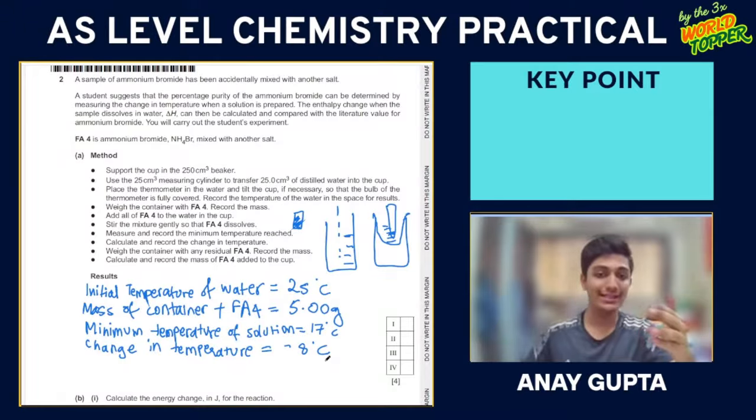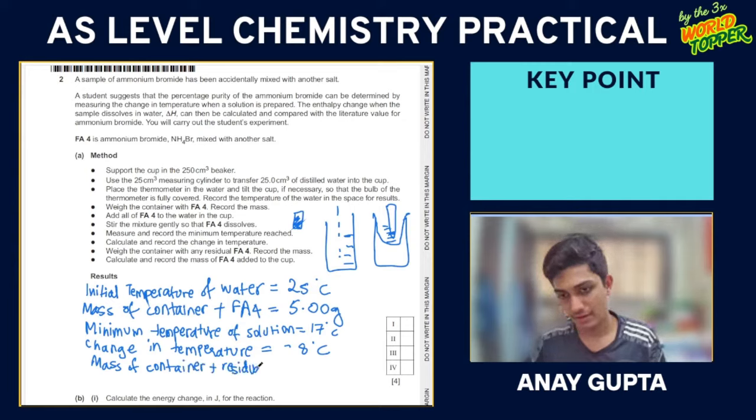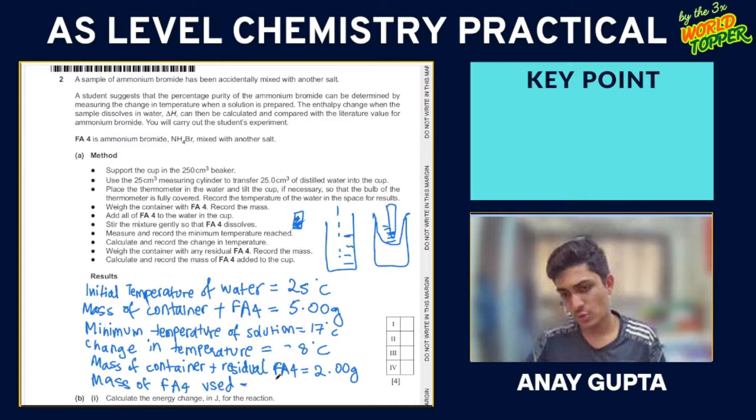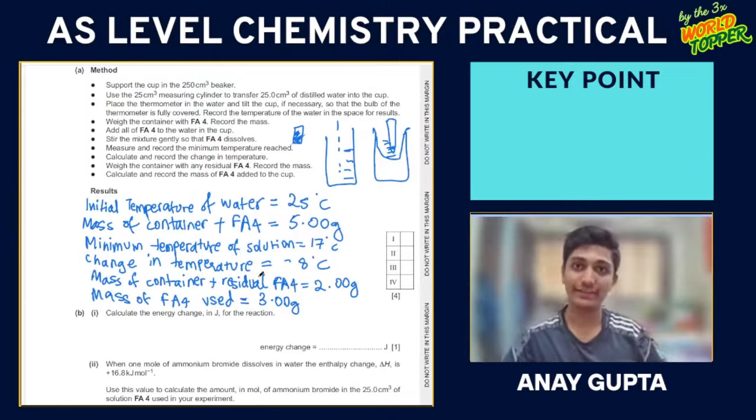Okay, now weigh the container with any residual FA4. So mass of container plus residual FA4. So let's say that that is 2 gram. Okay, so the mass of FA4 added to the cup, a mass of FA4 used, is going to be 3 gram. Right, now these are just very hypothetical readings, but you need to record your values like this for your second